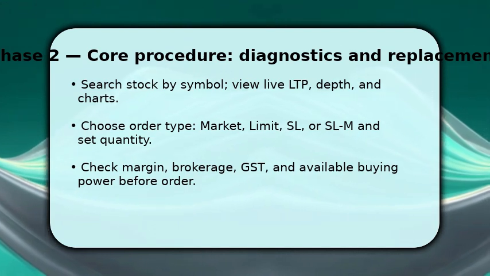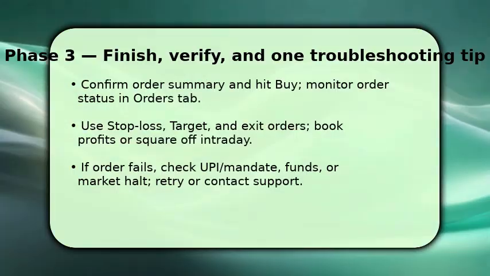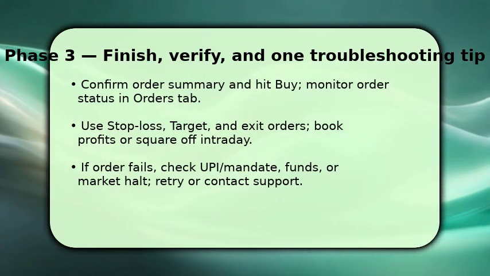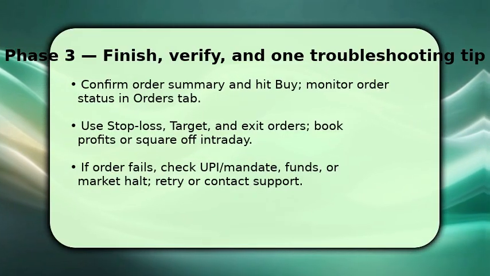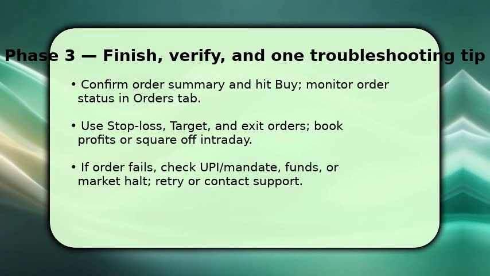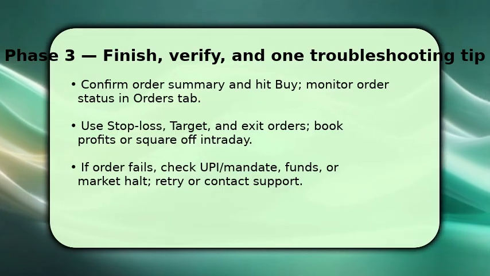You finish by reviewing the order summary, price, QTY, and charges, then tap Buy and watch the Orders tab for confirmation. Once executed, manage the position, place stop-loss and target orders to automate exits or manually exit when your plan